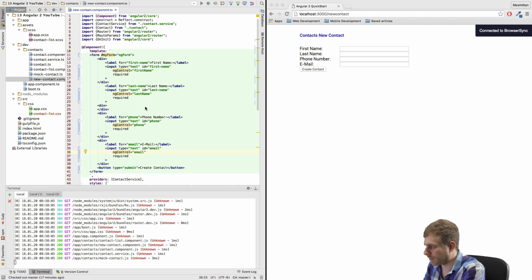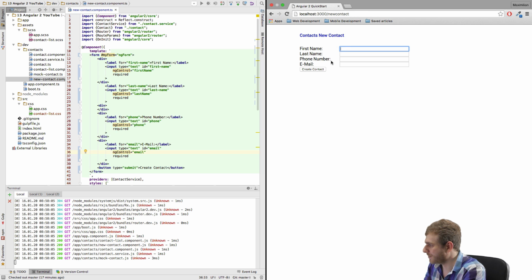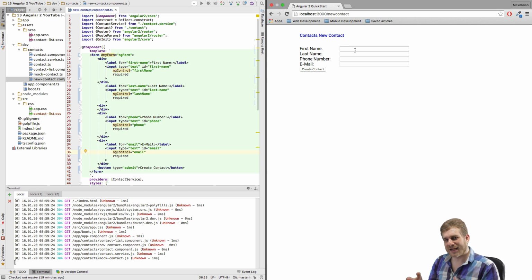So this is my form. And yeah, that's just how it looks now. I set this to required, so currently this should all be invalid. Now let's see if this is true. Now as said, validation and so on would be very easy with Angular 2. Now all my fields here should currently be invalid because I set every input field to required and I haven't